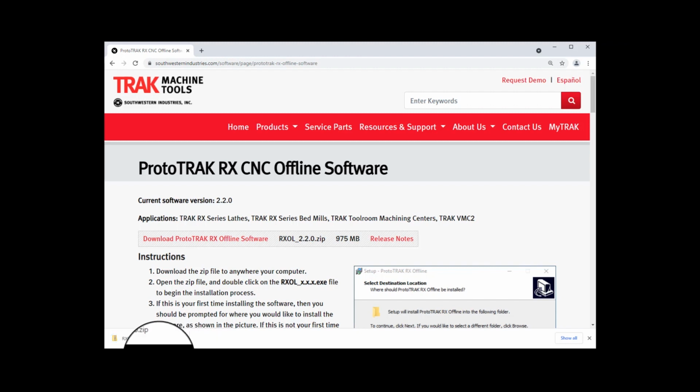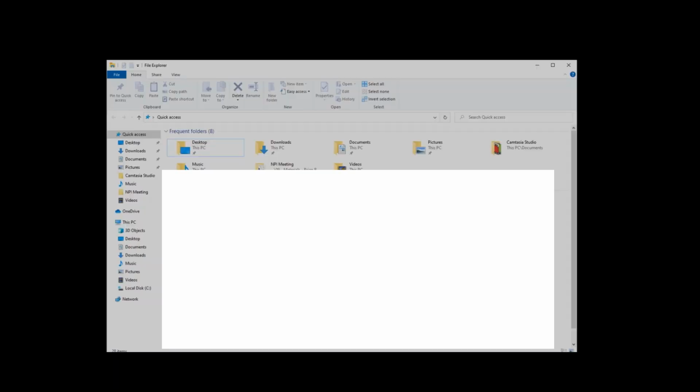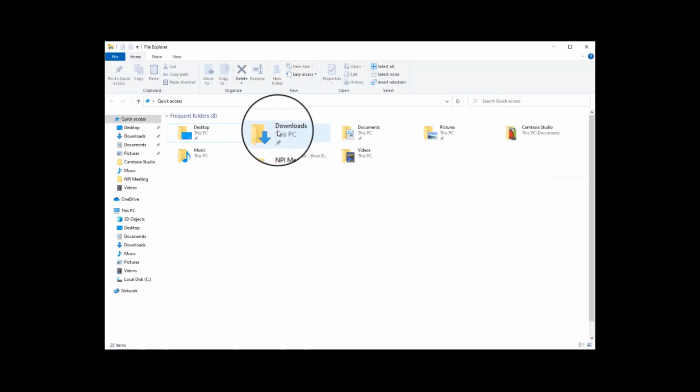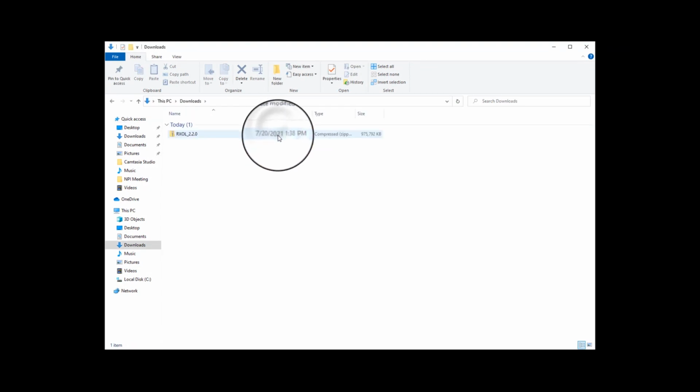Okay, so now as you can see right here, it's downloaded in a zip file. And if you click on this right here, it'll take you directly to your download files. However, to keep this clearer for the video, I'm going to first minimize and get rid of the website picture. I'm going to actually click on my folders, go to my downloads, and you'll notice in here you have your